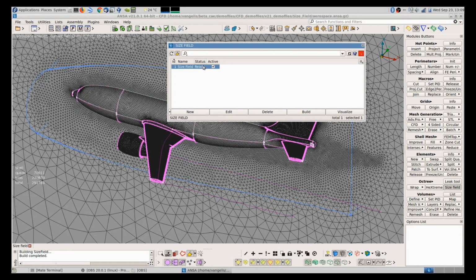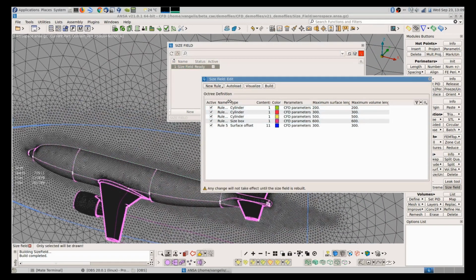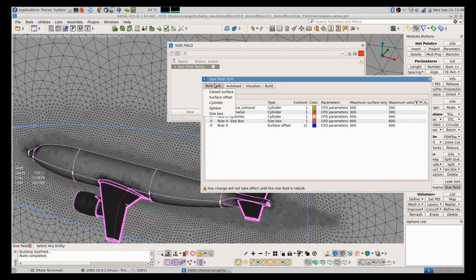I have already constructed the size field. Let's see what it consists of. So we have, remember, the rules can be a closed surface, it can be a surface offset from selected PIDs, it can be a cylinder, which means a cylinder that follows a curve, a sphere that starts from a point, and the size box as you've seen before.